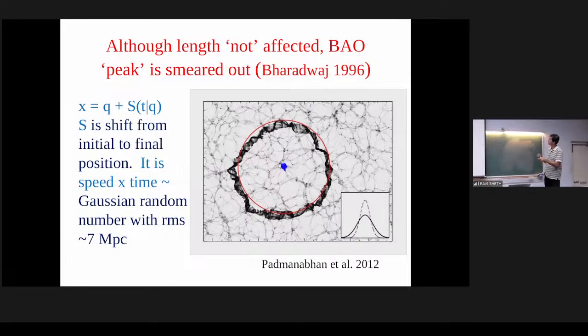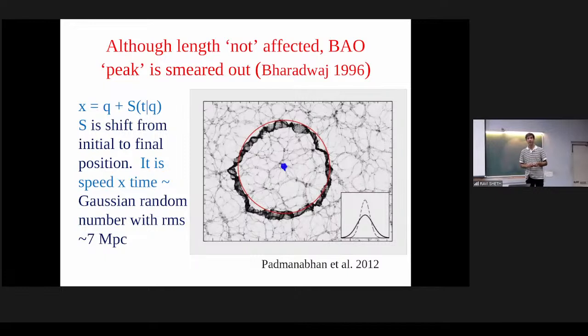And so what is happening is this shell is getting slightly smeared out. And that's what is shown here. The thing that started out as a fairly sharp shell has gotten slightly smeared out. Think of this as, before I said, a delta function. So now this delta function got broad. And so our problem is to unbroaden the delta function. One way to say it.